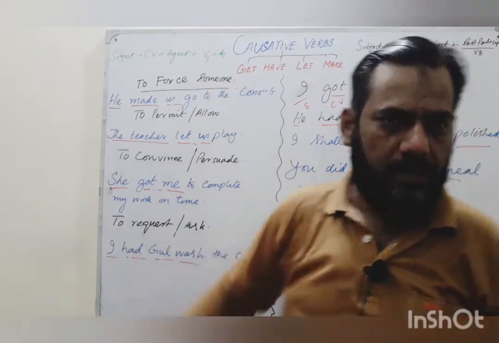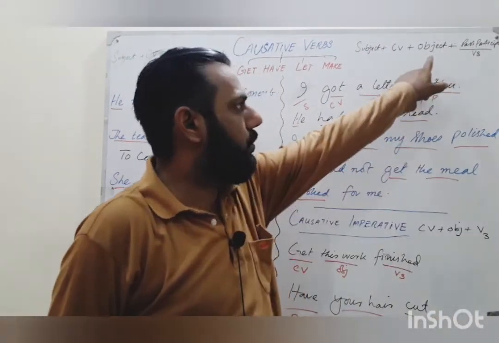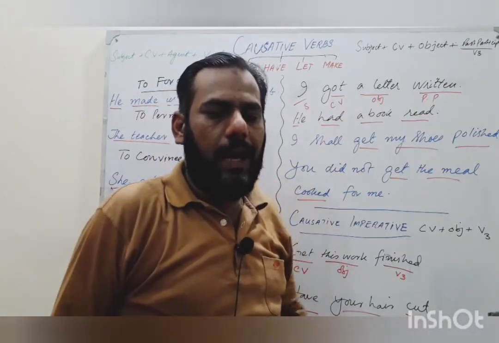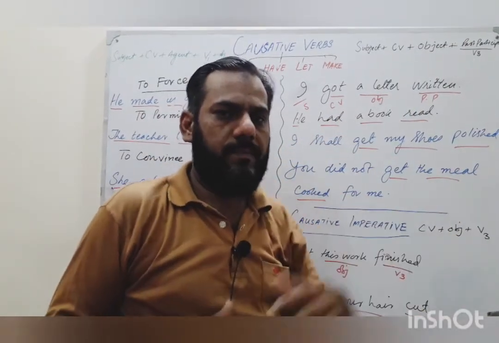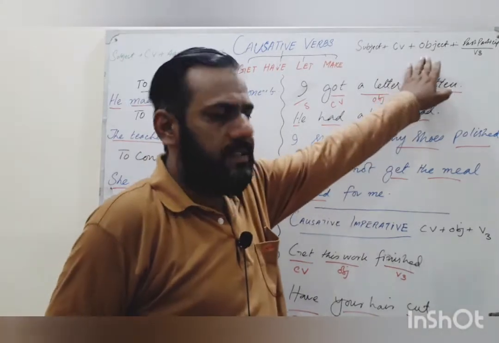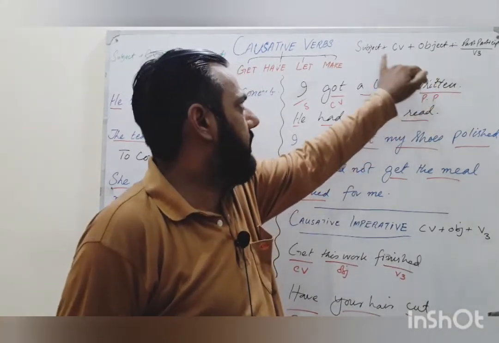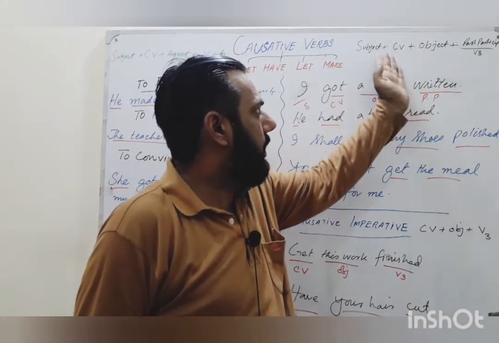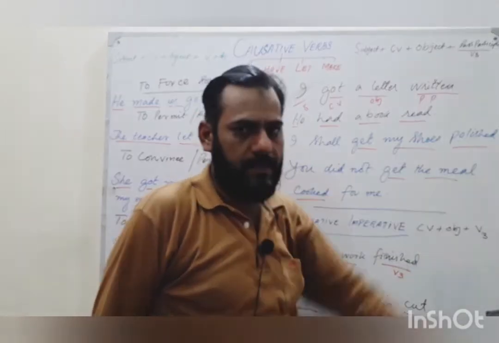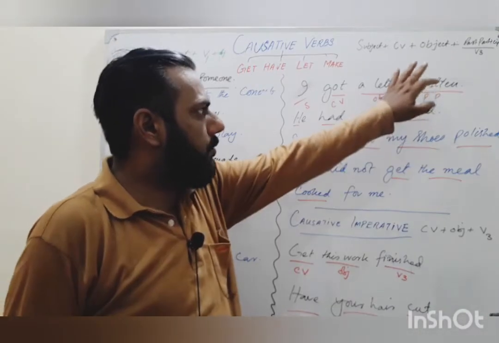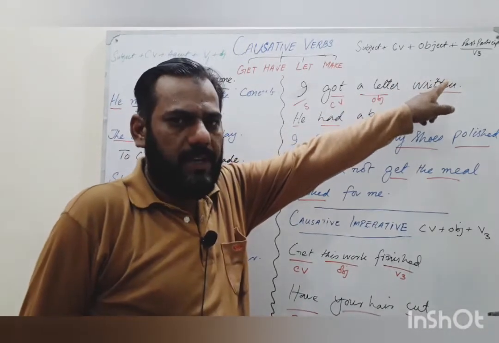This is the first part. But the second part, when you do not want to mention the second person, or you do not know who the other one is, we can use this kind of pattern in a sentence: subject, causative verb, object, and past participle. You have to keep in mind that after the object we will be using the past participle, the third form of